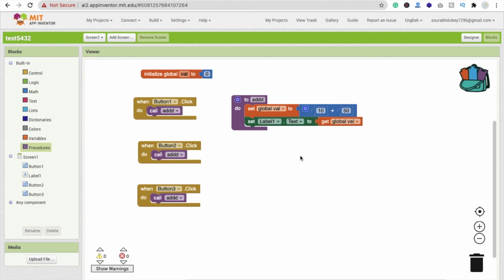So you can see here that we have to write only one line of code, and we have to write the code once. We are not repeating code here. That's the reason we use procedure. In programming languages, this is called a function. If you are from a programming background, like you have learned PHP and Java before, you know that this is called functions. So that's the basic use of procedure. You can use it in many situations and in many programs. It is mostly used in games. So that's a very easy way to use procedure.